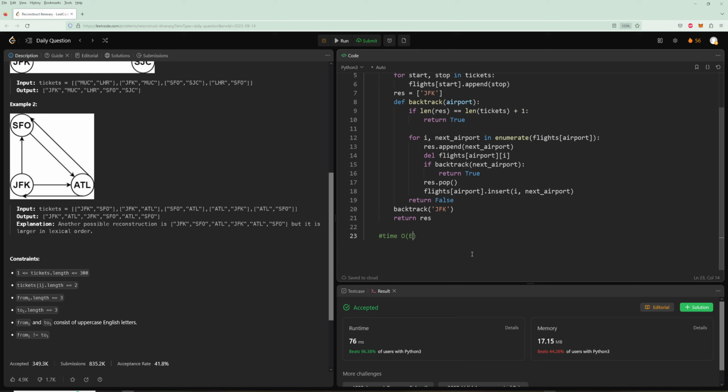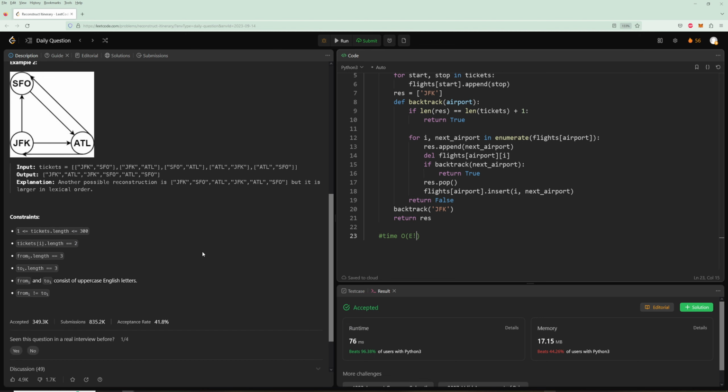So that's like E every time. And now there is going to be one less edge every time, right? But worst case scenario, it's something like E factorial. Because essentially, if you have like 300, or close to 300, it's going to be roughly the same every time. So if you have a ton of edges and you go to, actually, I don't